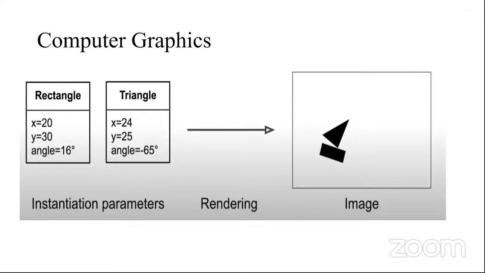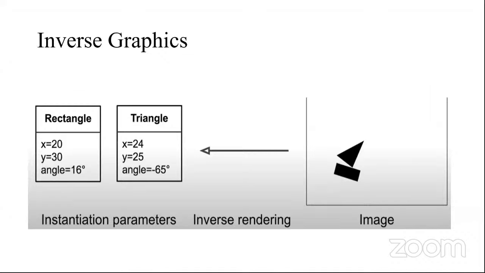So having this idea, Geoffrey Hinton came up with the capsule network. In computer graphics, if we are feeding this information, these are called the instantiation parameters. I'm providing X and Y parameters and the angle, how it has to be tilted. Likewise for the triangle, I am providing this information. And finally, I am rendering an image. So we are rendering one image in computer graphics. What is the reverse? That is the inverse graphics. Inverse graphics means from the image, I need to identify